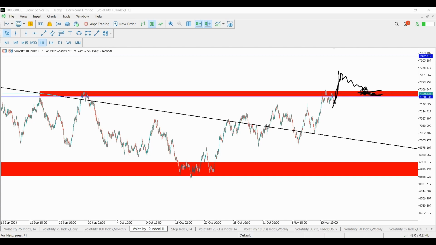Price should come into this area here. That's why I taught you about refining. I don't speak so much about it, but you need to refine. Let's say I've marked an area in H4 and price has broken and come back into this area. If you do not know how to identify change of trend in that particular time frame, let's say H4, we have marked this level in H4 or H1, depending on the time frame you've marked it in, you need to refine it. By refining, you need to go to the next smaller time frame.